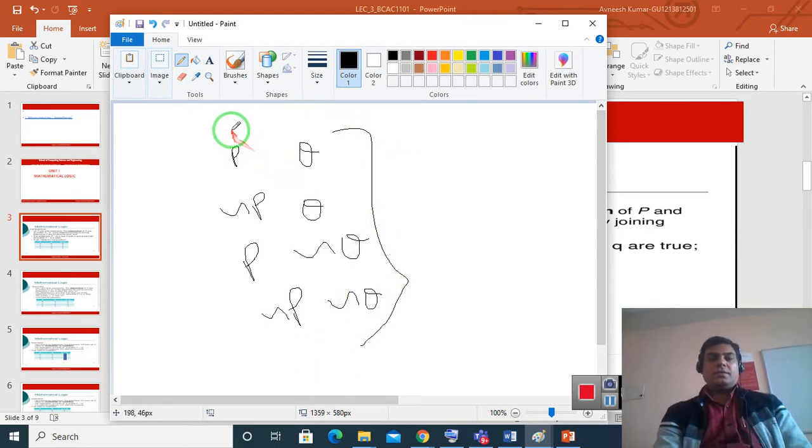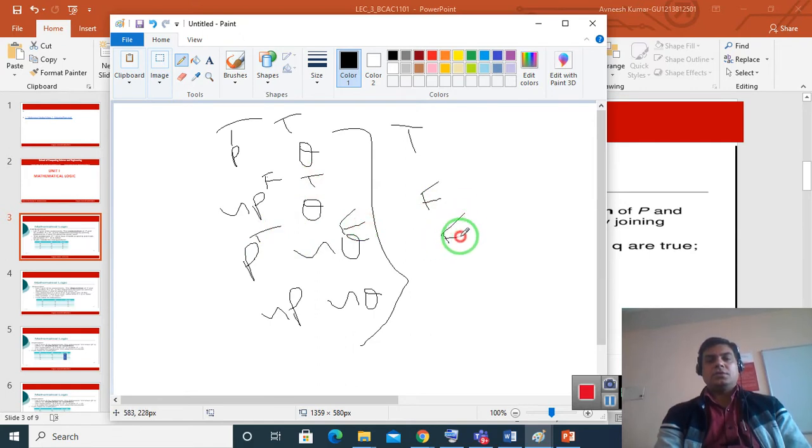So if this is true and this is true, then the result will be true. Otherwise the result is false. If this is true but this is false, then the result will be false. Here both are false, then the result will be false.